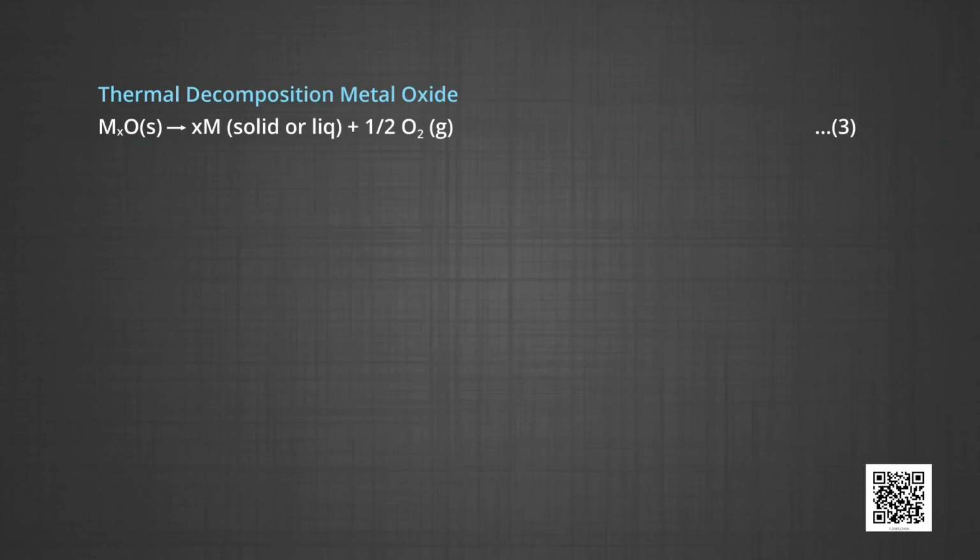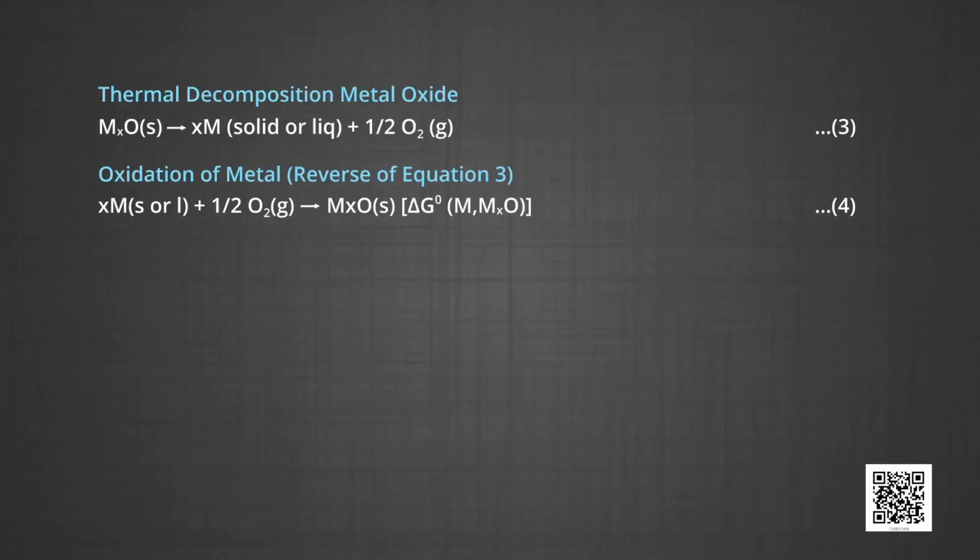negative. As we know, during reduction, the oxide of a metal decomposes as metal oxide to metal in solid or liquid state, plus oxygen gas is released. Delta G naught for reaction 3 is positive, as this is a highly endothermic process. The reducing agent takes away the oxygen. Equation 3 can be visualized as the reverse of the oxidation of the metal, and then the delta G naught formation value is written in the usual way as metal in solid or liquid state plus oxygen gas,